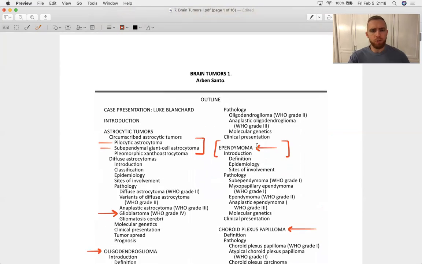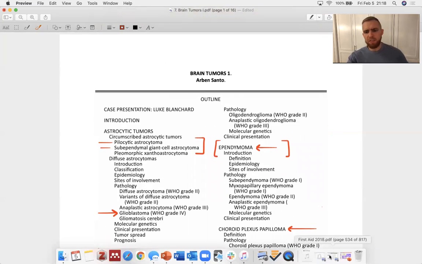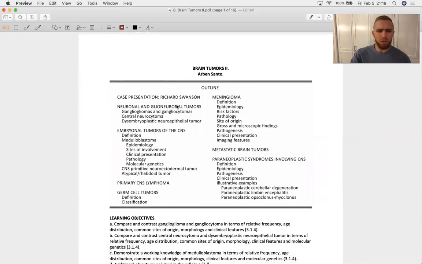So that's brain tumors 1. Let's kick it with brain tumors 2 a little bit. How do you feel about that? So looking at this, trying to remember questions from this SDL. Number 1, you will see a meningioma question. I guarantee it. Guarantee it. Number 2,